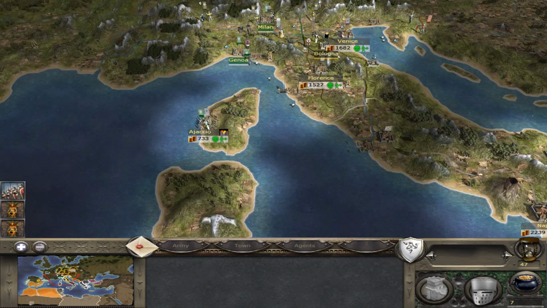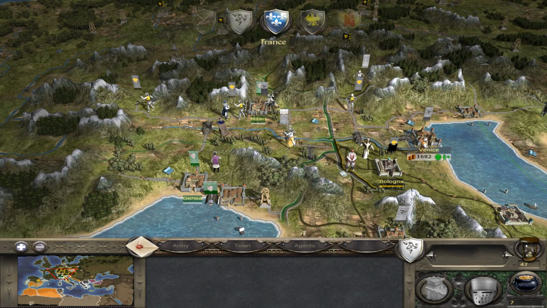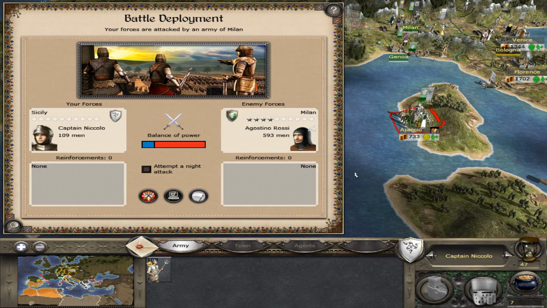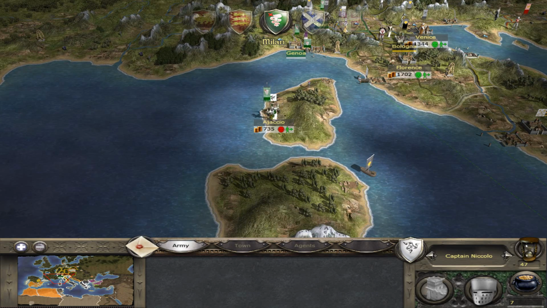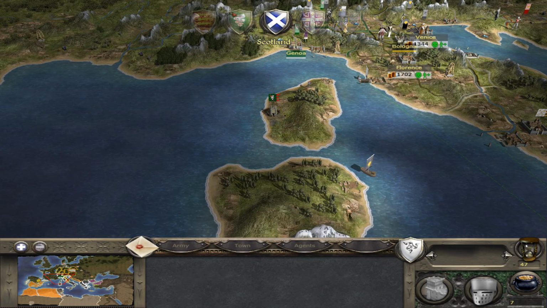And Ajaccio is basically lost at this point, but that's fine. I think it's a fair trade for their capital. Milan, of course, makes a ton of money. Not even going to bother fighting this battle. I don't think there's any way a single peasant unit can beat that many troops, so we'll just surrender. It's fine. Losing that 700 florins per turn is going to suck, but